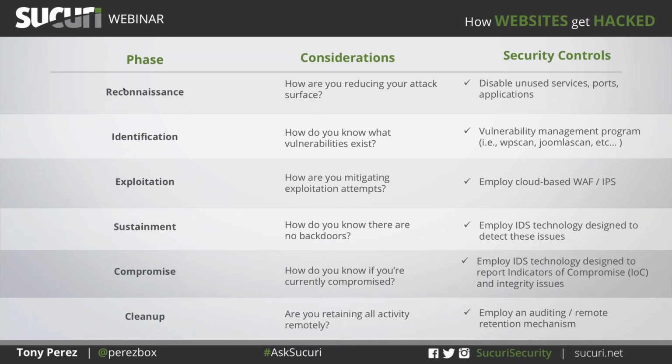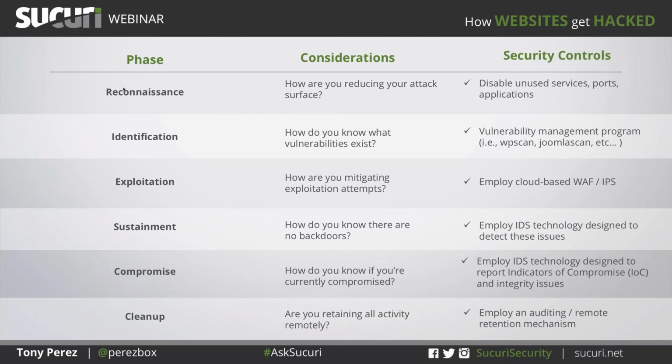From a reconnaissance standpoint, how am I reducing that attack surface? How am I ensuring that they're not going to find things? Am I disabling things? You hear a lot of security through obscurity discussion on this side, like, we don't want them to find our WP admin or admin CP or whatever the case may be. We don't want them to know what version of a CMS I'm running, so you disable that. But it's also at the server level. What daemons am I running? What ports are available? Should I have FTP open if I'm only using SSH? Things like that.